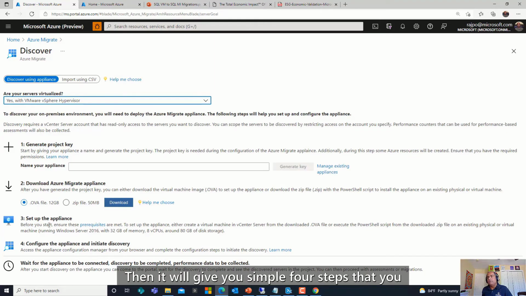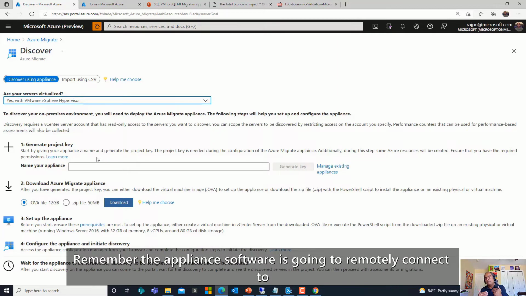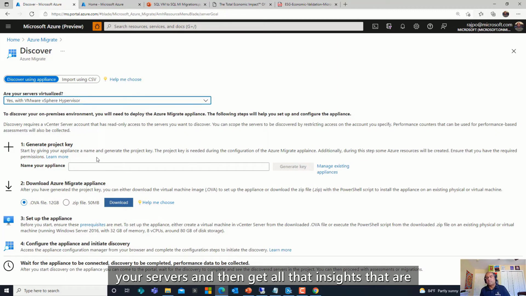Then it will give you simple 4 steps to configure the discovery, right? At first you need to generate a project key which you are going to use when you configure the appliance. Then you need to migrate the appliance software. Remember, the appliance software is going to remotely connect to your servers and get all the insights that are required for discovery and assessment. There are 2 ways to do that. One way is that we will give you a .ova